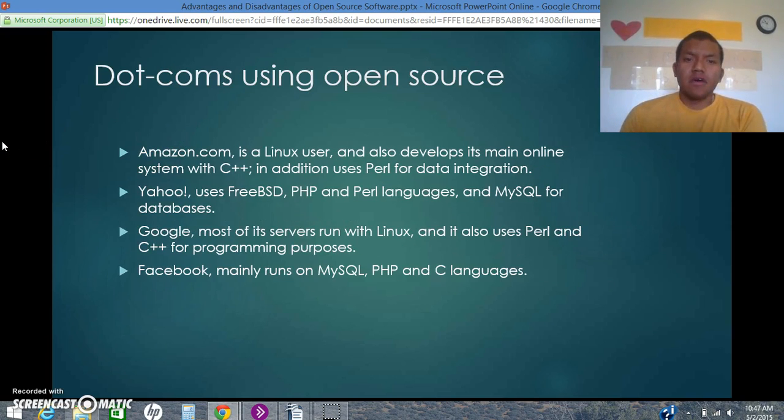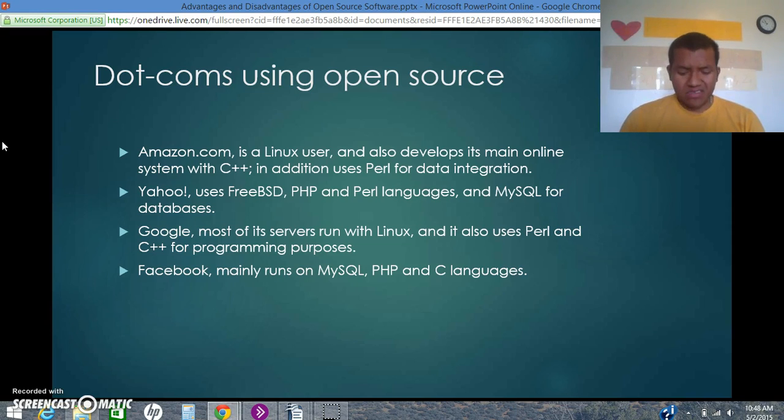Now let's talk about some .coms or some web pages that are using open source. First, we have Amazon.com, which is mainly a Linux user, and also develops its main online system with C++. In addition, it uses Perl in some data integration. Now we have Yahoo, who uses FreeBSD, which is an advanced computer operating system used to power some modern servers, desktops, and embedded platforms.